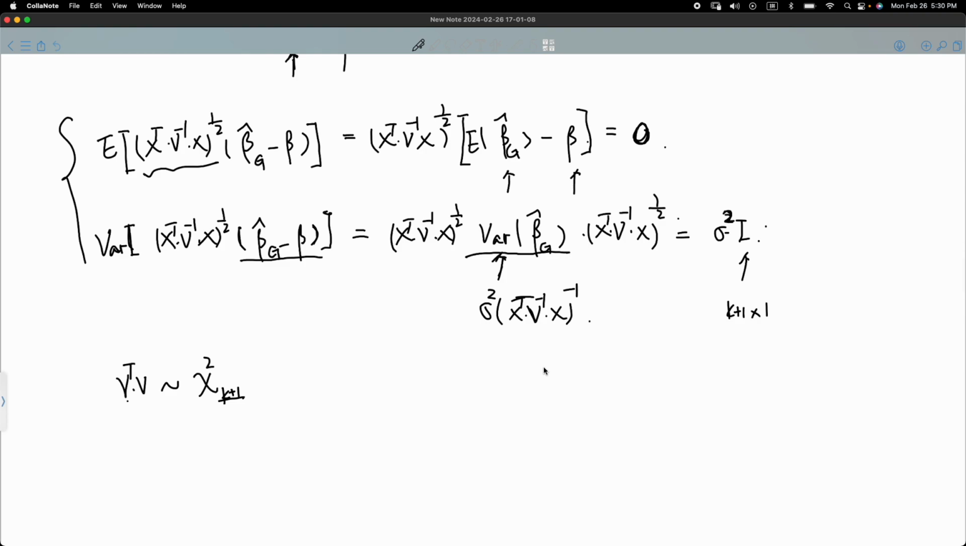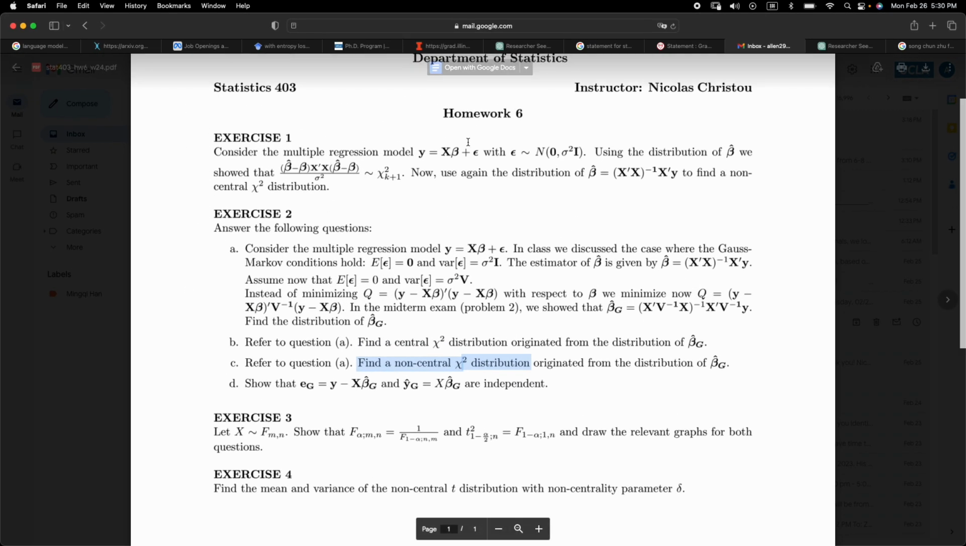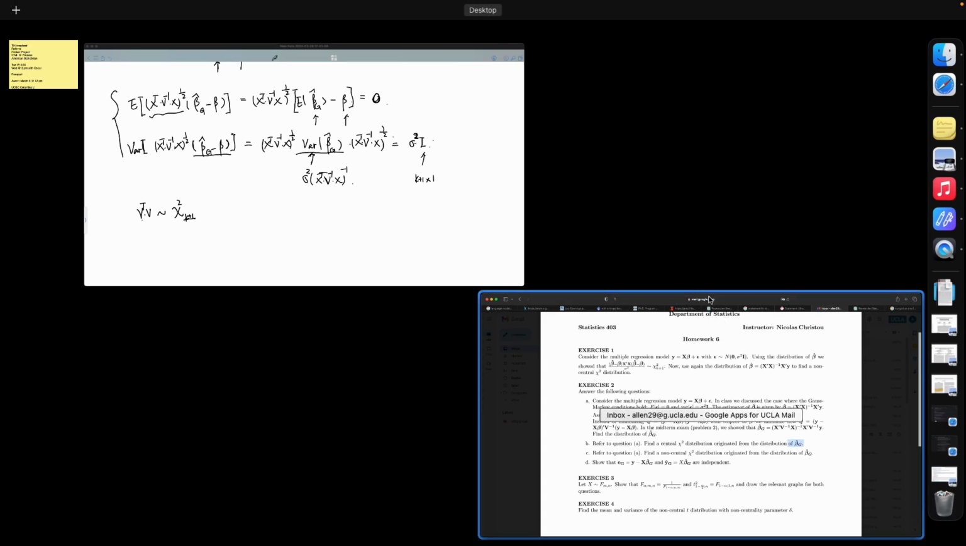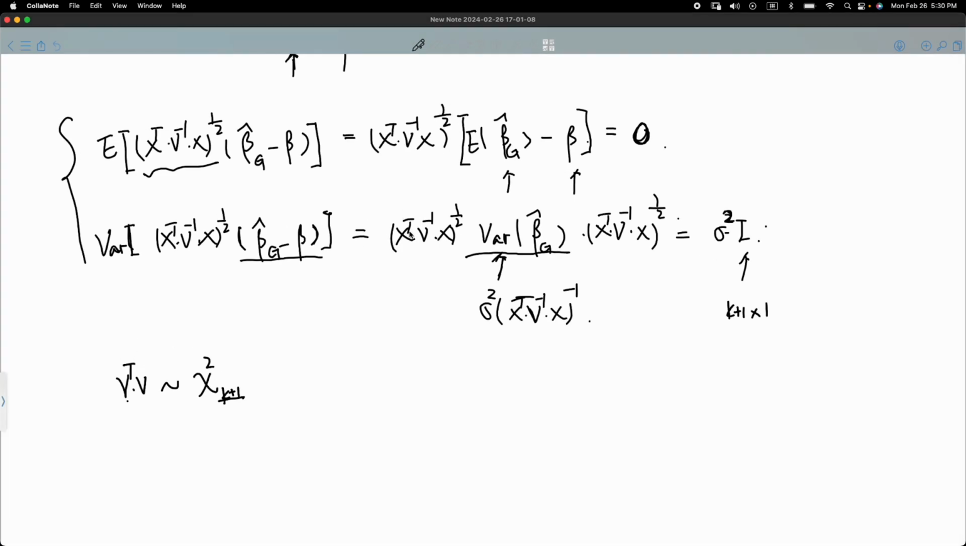Okay, so I think that should conclude part B. So find a central version chi-square originated from beta G. Any questions up to this point? So K plus 1, or maybe you can also write V and V transpose V more explicitly as